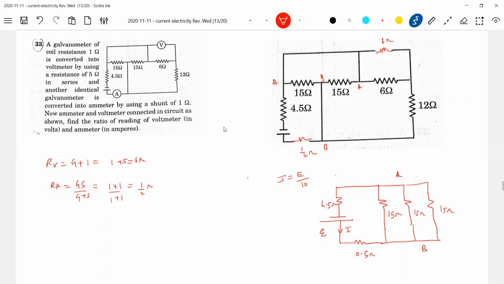Now this particular current I will branch, no? Okay, this is the thing here. It will become I by 3. And here is the voltmeter. This I by 3 which is flowing will branch out. So the reading of the voltmeter is this one. We are interested in that IV. So what is IV? IV should be equal to I by 3 times the resistance of the other branch by the sum of resistances. I think it should be half of it, no? Directly, IV should be equal to I by 6.